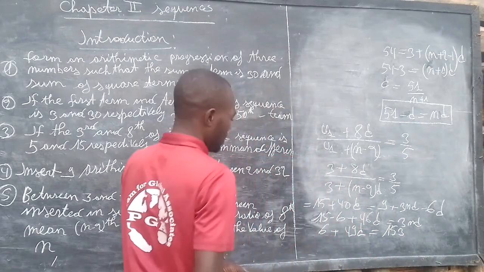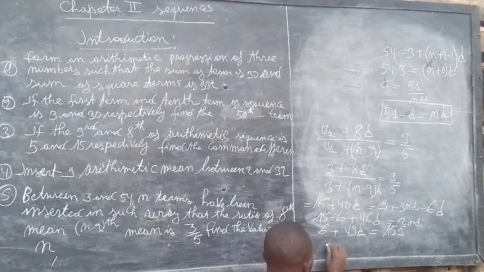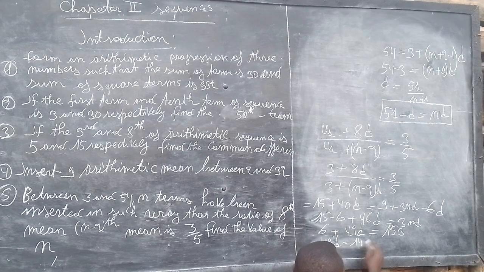So our question here, we have 49d, which is equal to 147. Yes, our d will be equal to